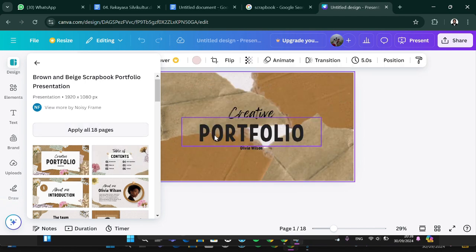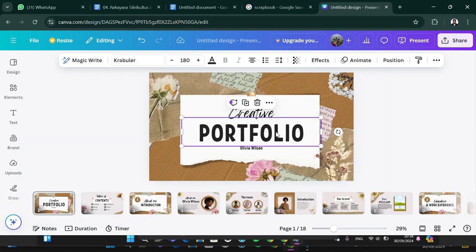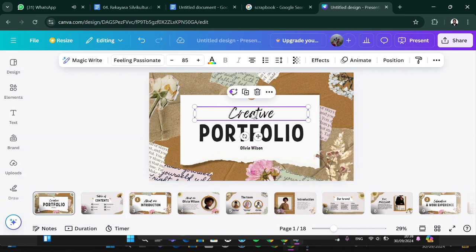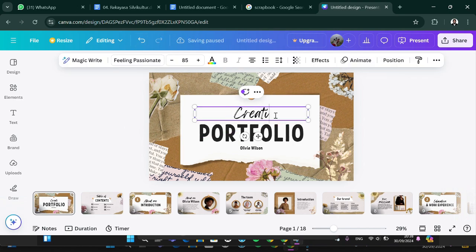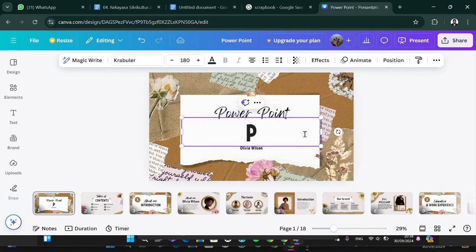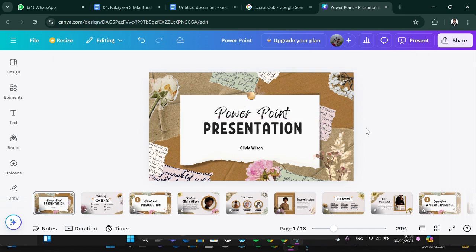Okay, and now the template has been applied to my design, and we can customize. I'm just going to type in, for example, PowerPoint. Alright, then you can customize it as you like guys, and once you're ready to share it, you just need to